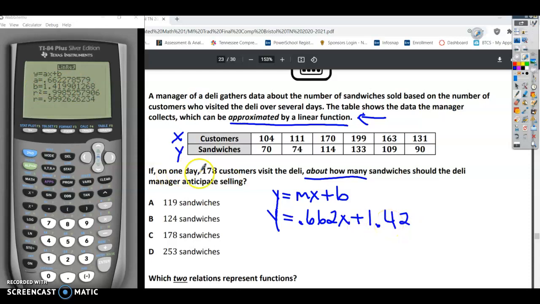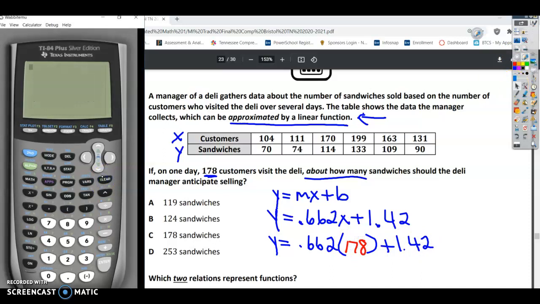All right, so we want to know in one day if 178 customers visit the deli. Customers are x. So we're simply going to do y equals 0.662, and then we're going to plug in the 178 for x. So you can come back to your calculator and say 0.662 times 178 plus 1.42, and that's going to give me about